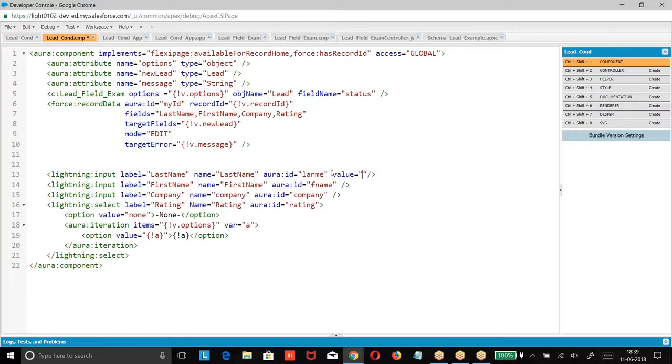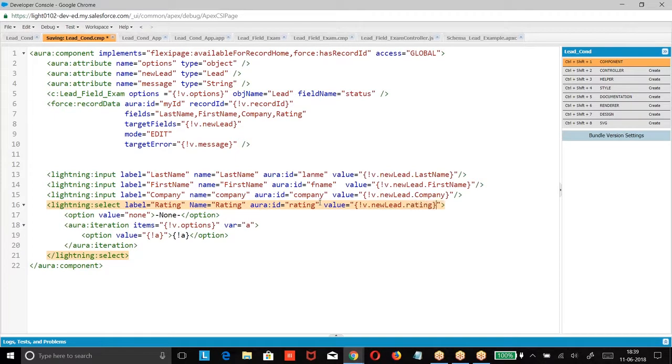Value equal to v dot new lead dot. So value equal to. So what did I do?